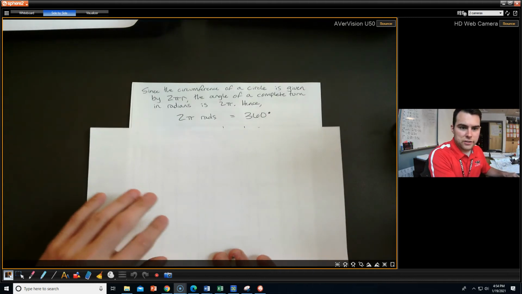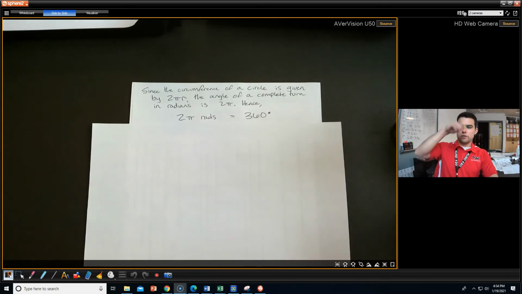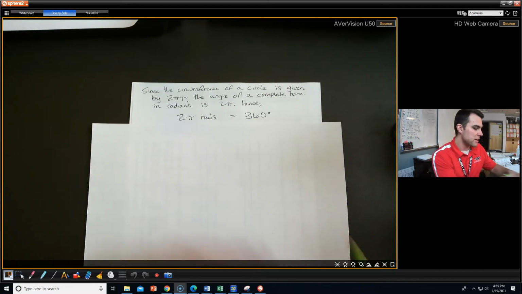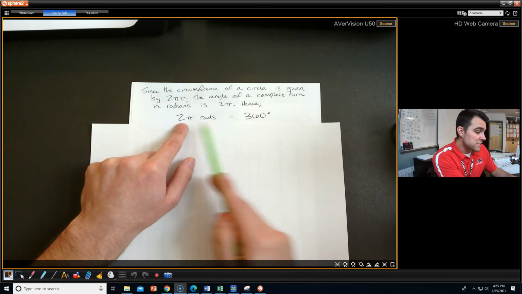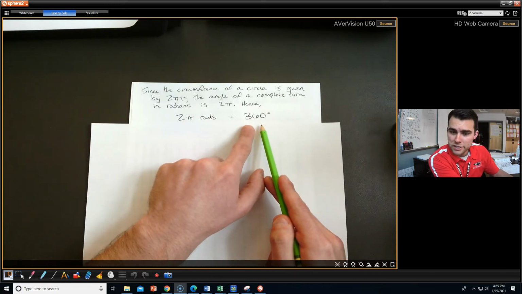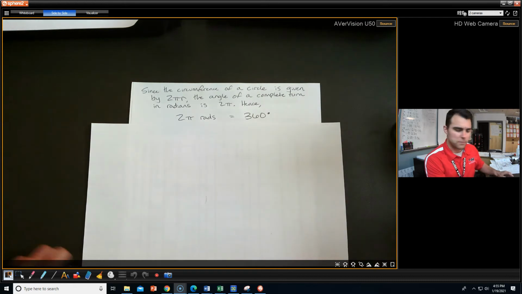So let's think about this too. Since the circumference of a circle is given by 2 pi r, if I go along the entire thing, like if I get an angle that measures the entire circle, so basically 360 degrees, in radians that's going to end up being 2 pi radians. So 2 pi radians is the same thing as 360 degrees, and we're going to use that to build some other